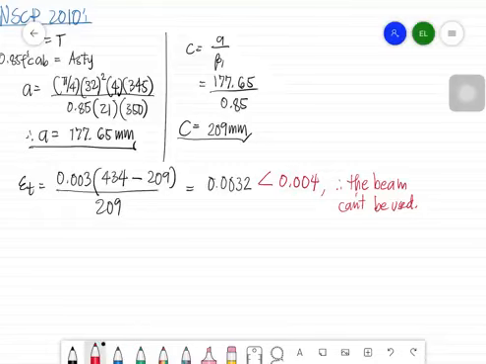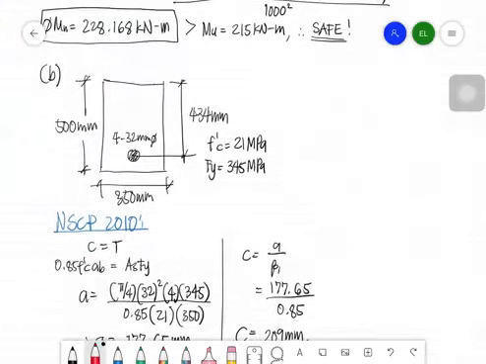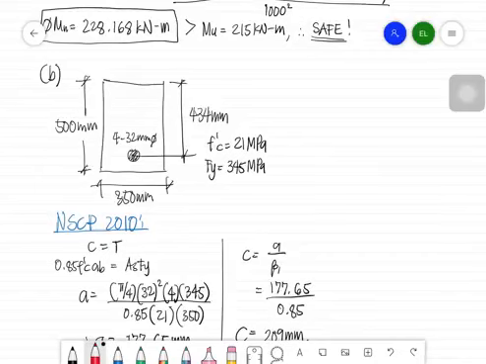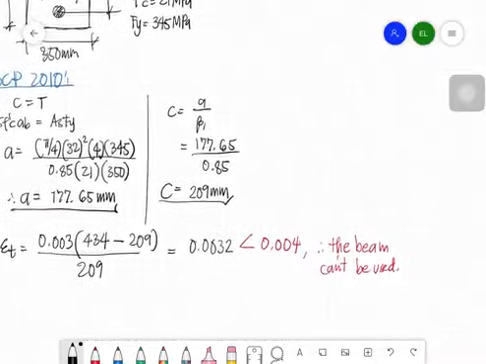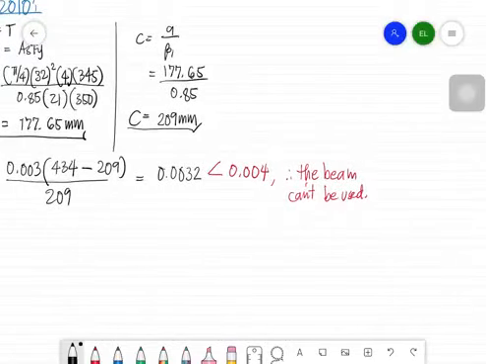But since in this case we are just solving a particular problem wherein we are tasked to know the moment capacity of this beam, with this drawing, these properties, this particular dimension, these particular bars, with this particular F prime C and Fy, even though the conclusion here is the beam can't be used, you may proceed to finding out